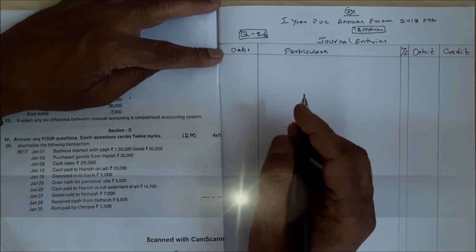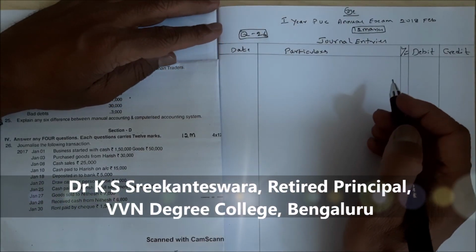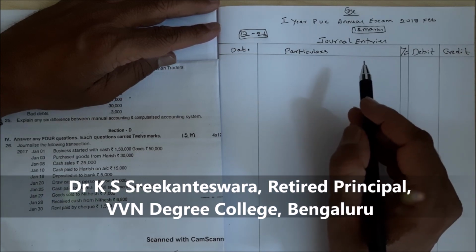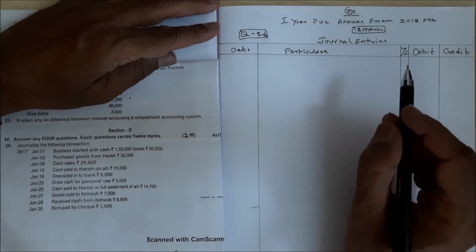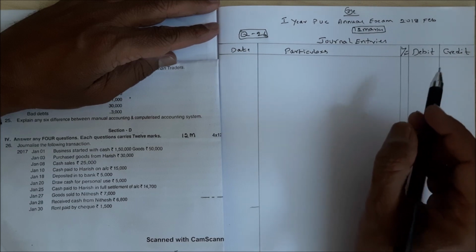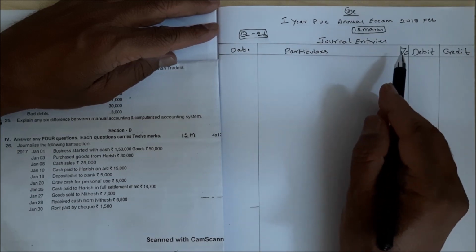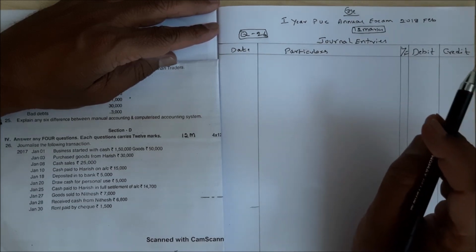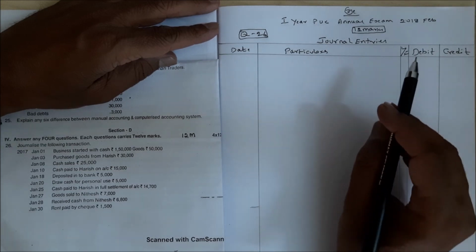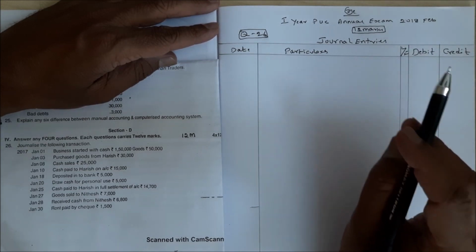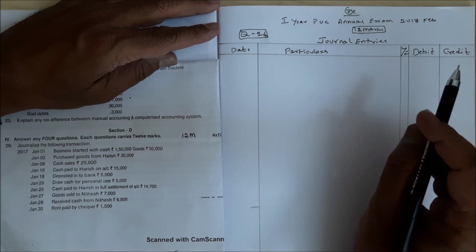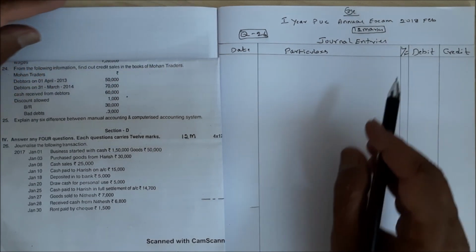Hello everyone. Today we will solve the question paper of 2018 February for 12 marks, that is section D. In the last video we solved for 6 marks 2018. In continuation now we are doing